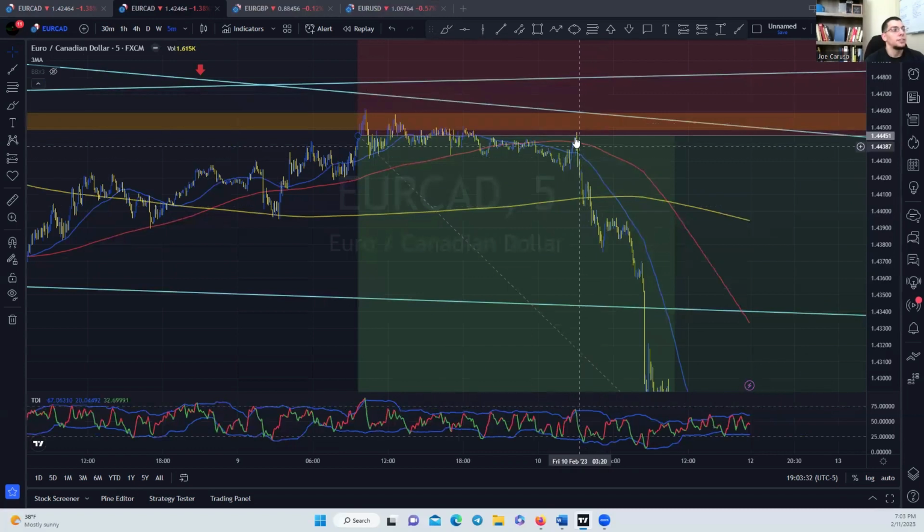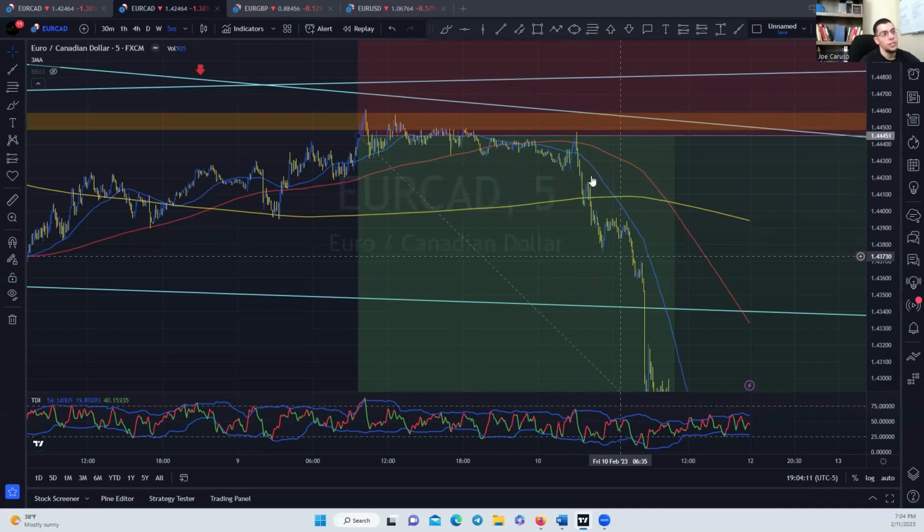Now, the first area of confluence that I see going against me is the 5-minute coming to this 800 moving average, which when I look to the left, lines up with a previous area of support on the smaller time frames. So at this point, it's really the first moving average that the 5-minute hits, or if the 5-minute makes a shark fin. Whichever one of those happens first is going to be the move that causes me to move my stop loss to break even every single time. And as you can see, when price hit that area, we moved our stop to break even,